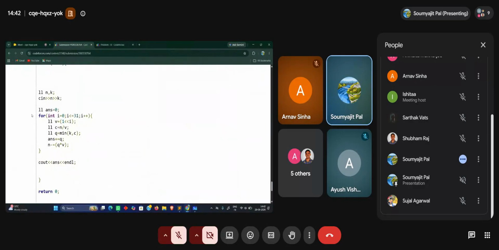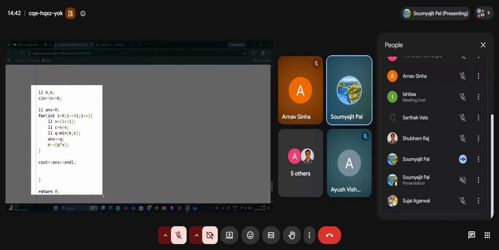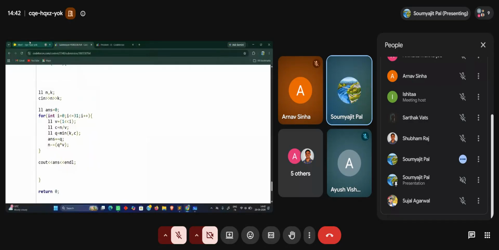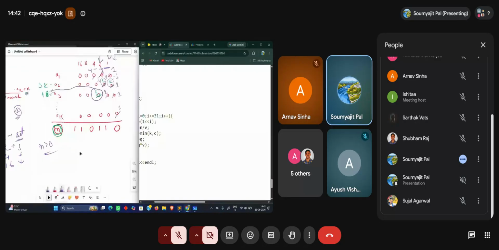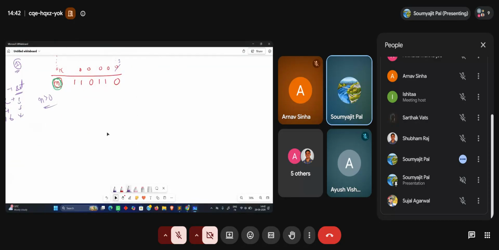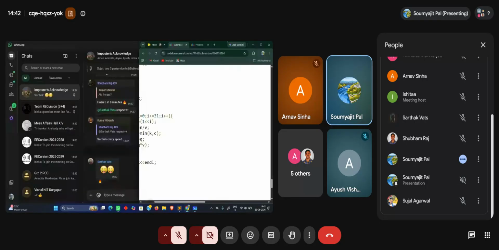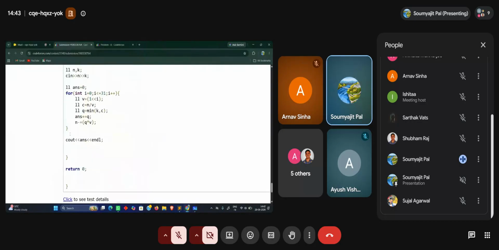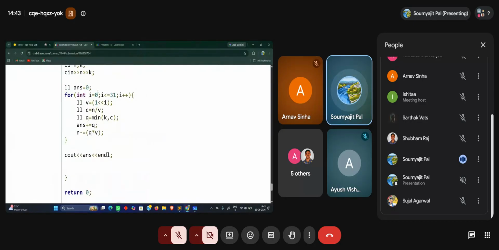Now I think let me take a screenshot. That is this one. So I'm starting from currently the zeroth position. That is my 2 to the power 0. So my value is 2 to the power 0, that is 1. So since